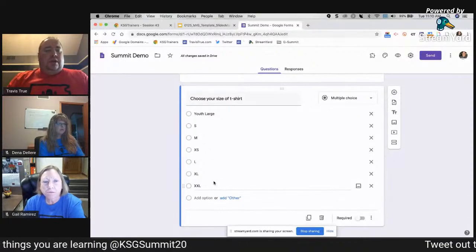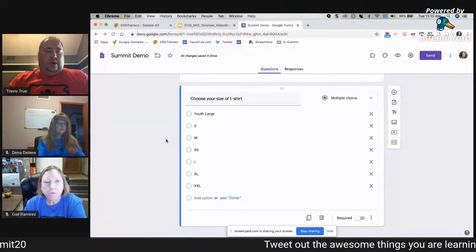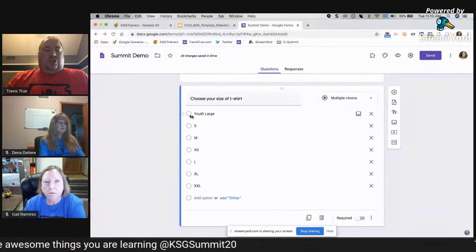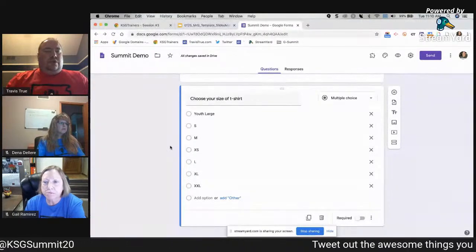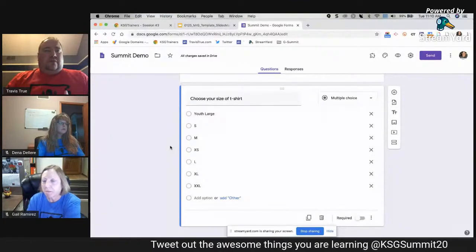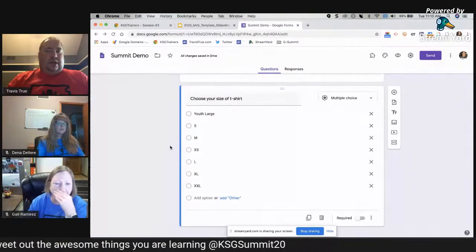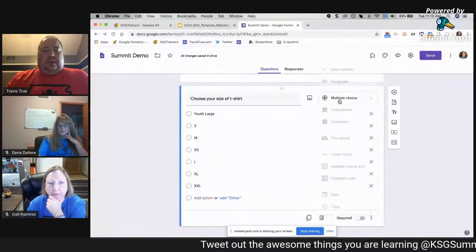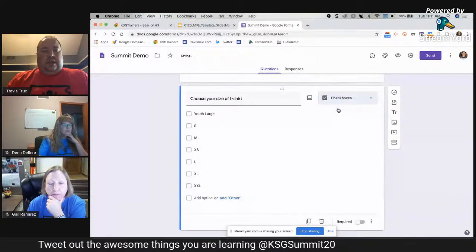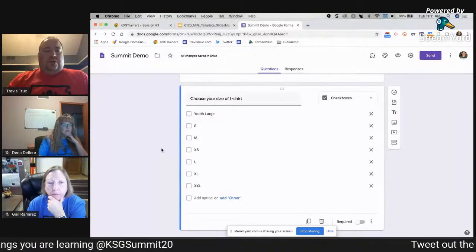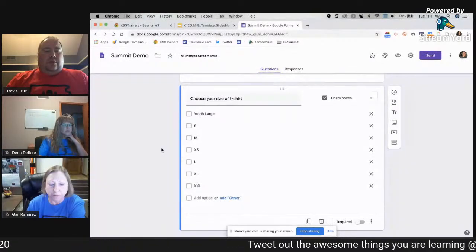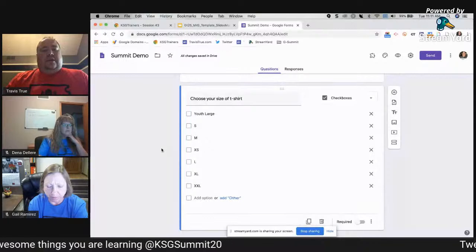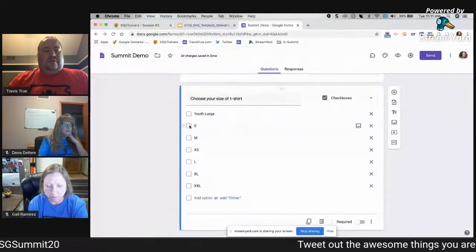On a multiple choice, on any online form that you fill out, anytime you see a circle as the choice, that means that you can choose one of those. And that's really for any online form system. It's kind of a universal setting. So that's multiple choice. Checkboxes is a type of multiple choice, except you can choose multiple responses or multiple answers. So anytime you see a square in there as part of the responses, the person filling out the form can